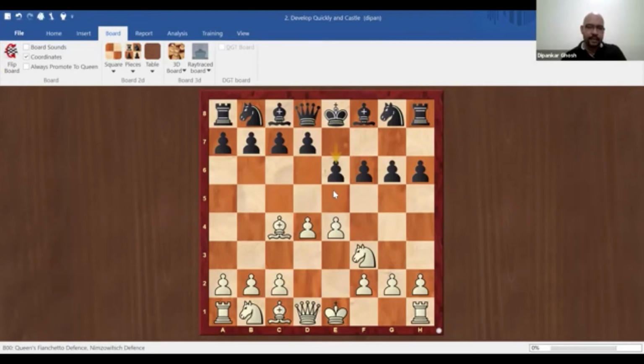e6. Now, what would be the next move if you take a guess? Again, we are trying to bring the knights and the bishops out. Knight c3. You could also castle, by the way. I'm sure some of you may be wondering, can we not castle? Yes, you can castle. So the point is, develop the knights and bishops and castle. Those are the first things you want to do. You don't want to move the queen, and we don't want to push any pawns unless needed.